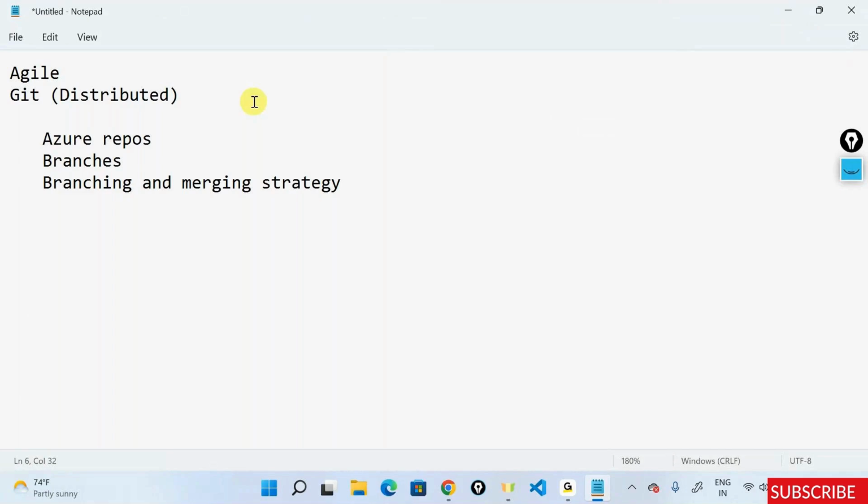And when you're talking about the feature branch, you'll also have to tell about the branch policies, where I'm going to come here and explain the multiple branch policies that are there. About branch policies, you'll have to tell about your release branches. Also, you have to talk about the hotfix branches that are available in your Git repository. So these are the things that we need to talk about.